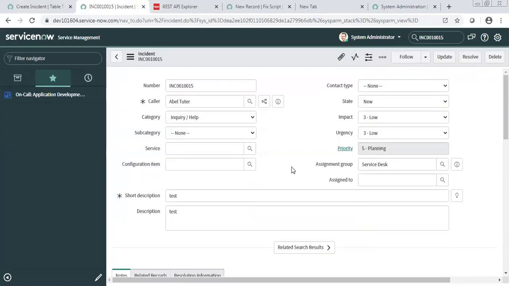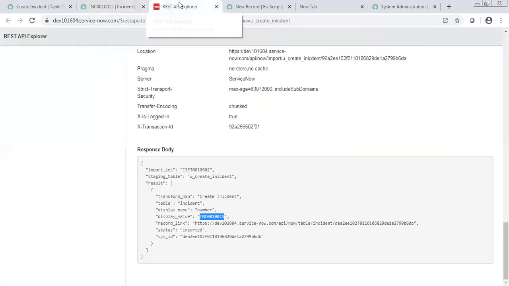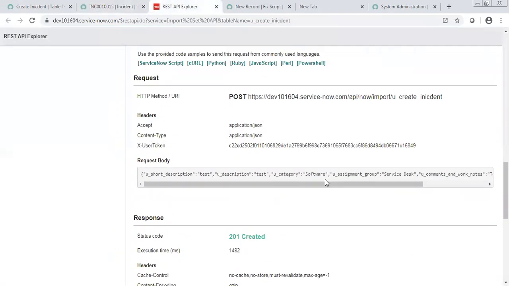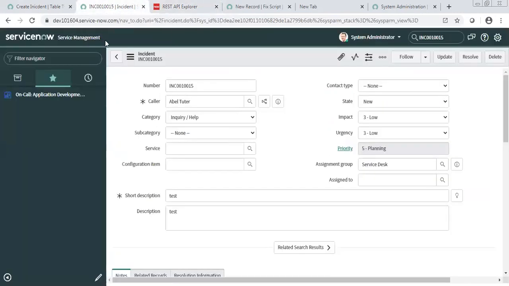Now see, everything is set, but do you see the software set here? No, because now we removed the field mapping and our code doesn't understand software. But as part of the request, we have sent category as software. So that means what we agreed is what our API supports. If they send anything else, it's not going to work.